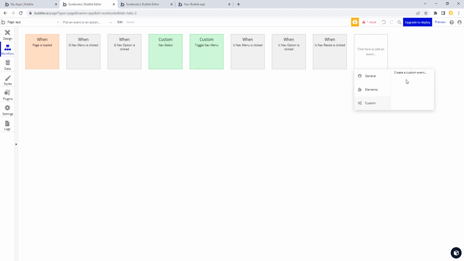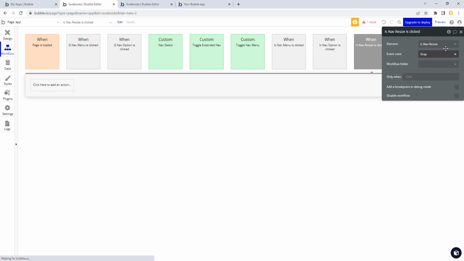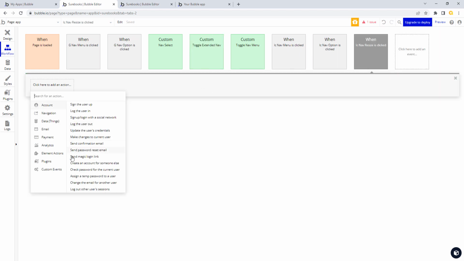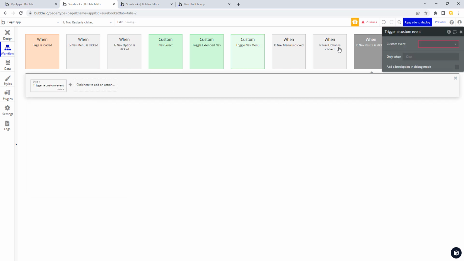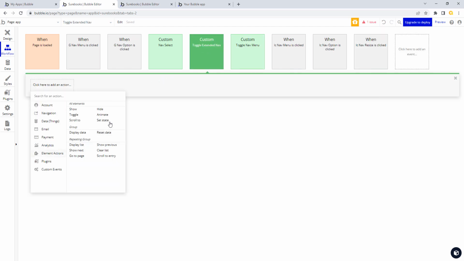I don't want to sort of say how to do something and then completely go against the grain. So we will just say toggle extended nav. Okay, and let's put that in custom, so that on our resize we're just going to add an action to trigger that. Okay, toggle extended nav. Okay, and in our toggle extended nav, we're just going to have an action that sets a